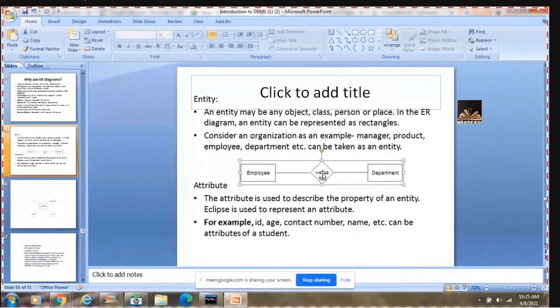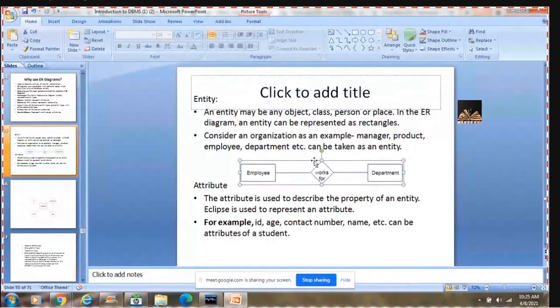Now, for this works for relation, I put an attribute called from, and that from becomes my descriptive attribute. Employee works for department from which particular date.